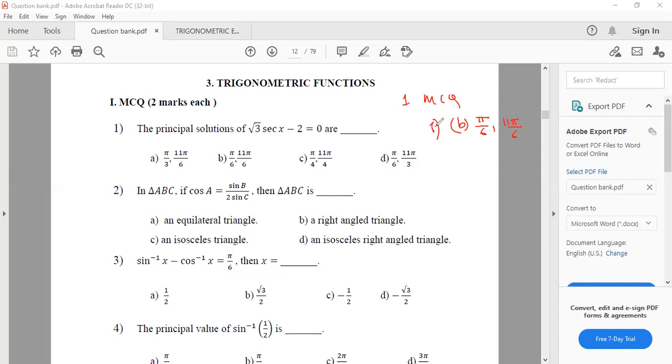Nobody wants your working. If this is correct, full marks. What you worked out, nobody will look at it. MCQ, no working. A 1 mark question, working is required. MCQ question, no working, just write your answer. But don't write just 1B, you will not get the marks. You have to write the option plus the answer. Is it clear to everybody? Yes, sir. This is compulsory. I'll remind you once again in the exam hall.